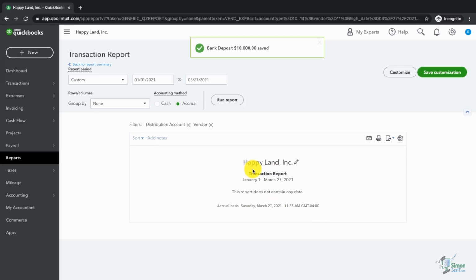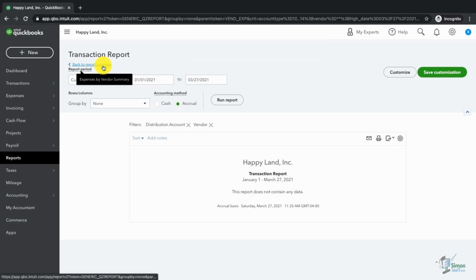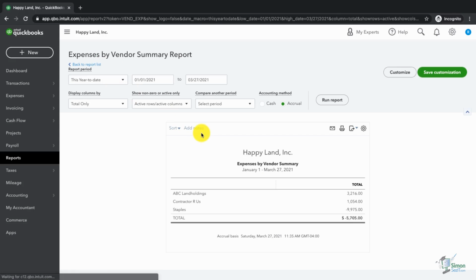And now this is blank. This is blank because I was looking for vendors with no name attached to them. If I click on Back to Report Summary in the upper left-hand corner, I can now see that the money given to Staples is negative $9,975. That's clearly not true, but it's because I recorded a deposit as though Staples gave me a refund of